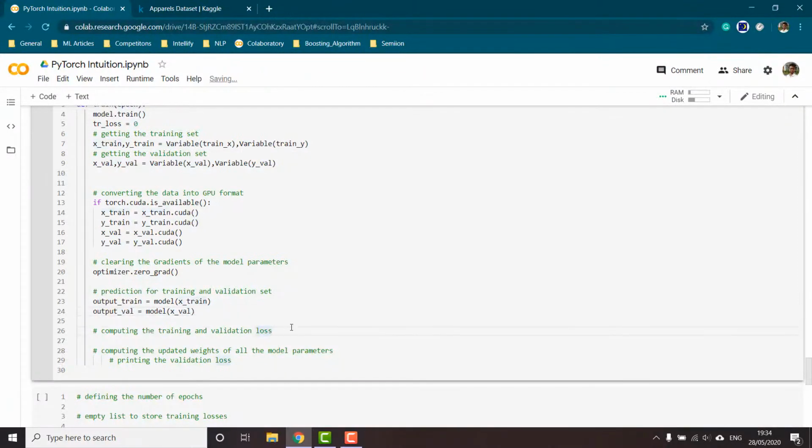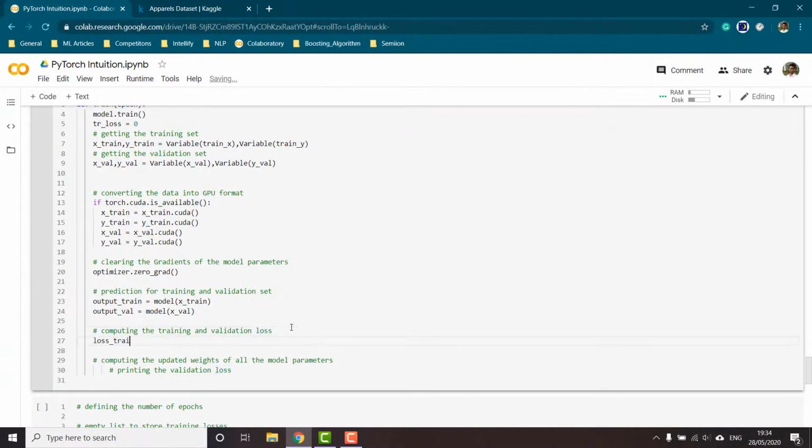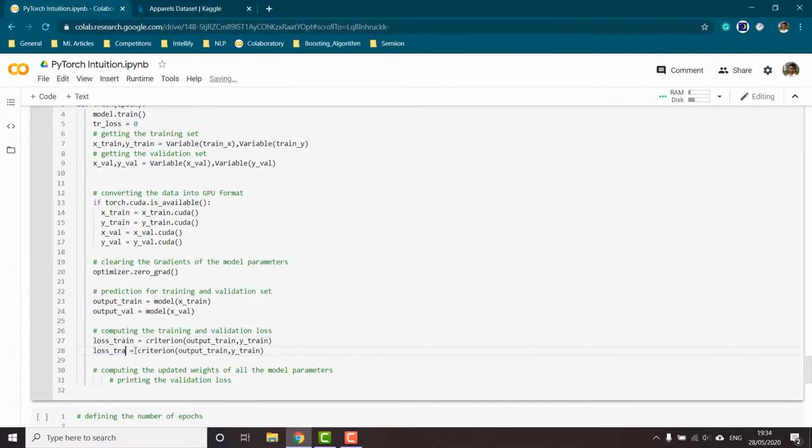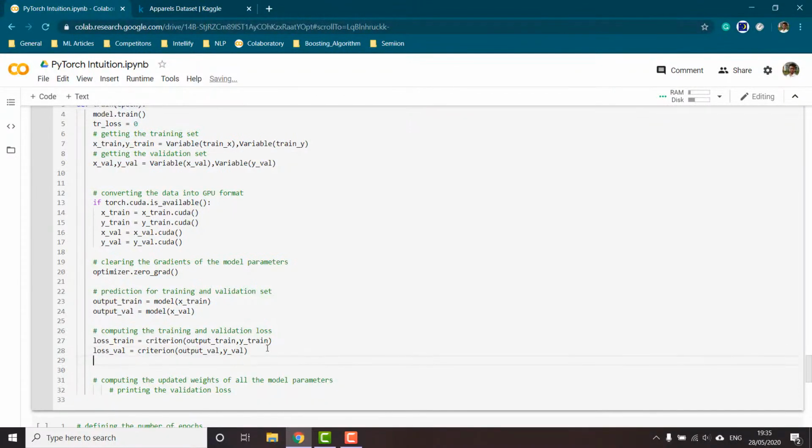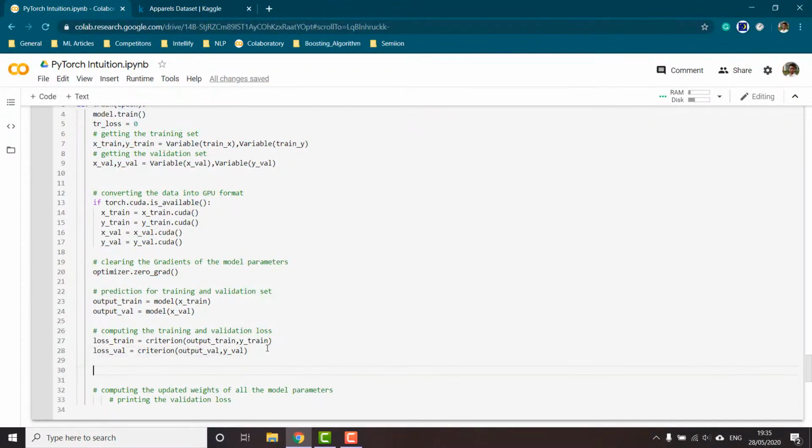Next we are going to compute the training and validation loss. So loss in training would be equal to criterion, and inside of it our predicted value, which is output train, and then our actual values, which is Y train. Similarly, loss for validation will be equal to loss validation. Our predicted value is output val, and then our actual values is Y val. So once we have calculated this loss, then we are going to append this loss in an array.